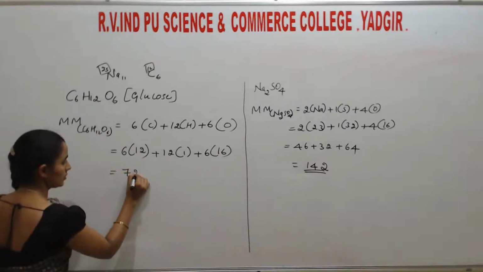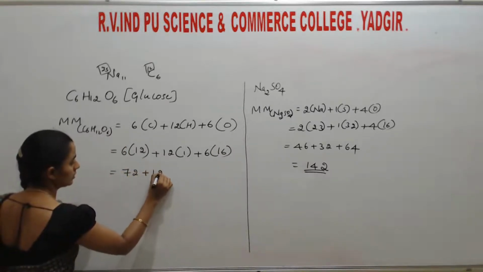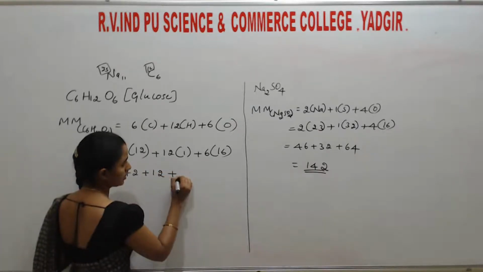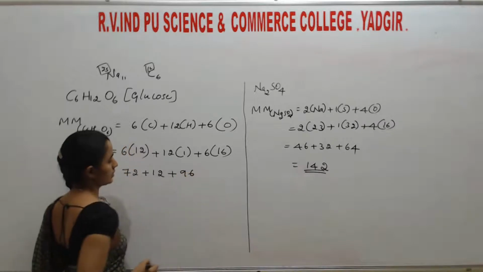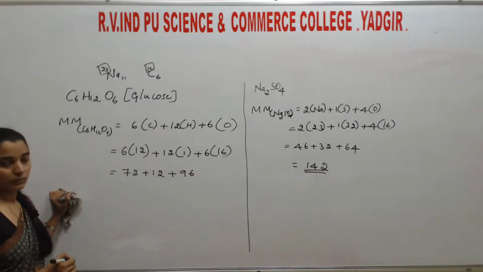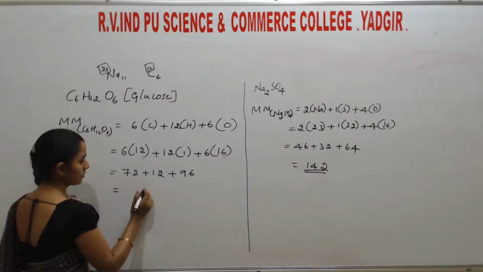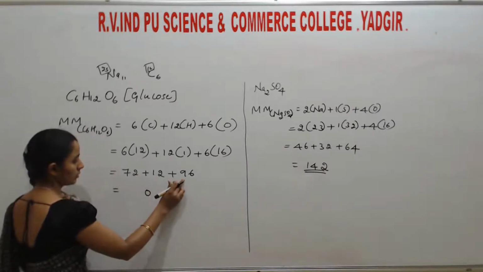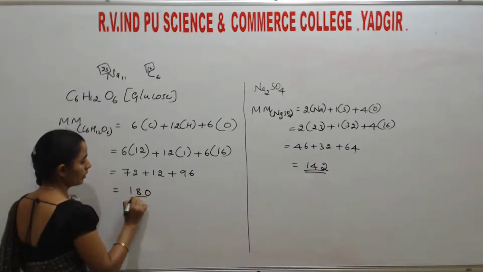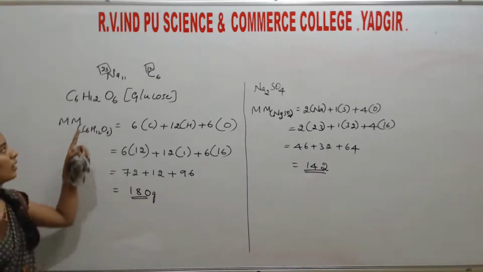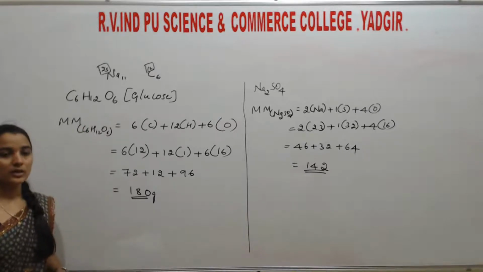This is 72 plus 12 plus 96. If you add these up, you will get 180 gram. So 180 gram is the molecular mass of